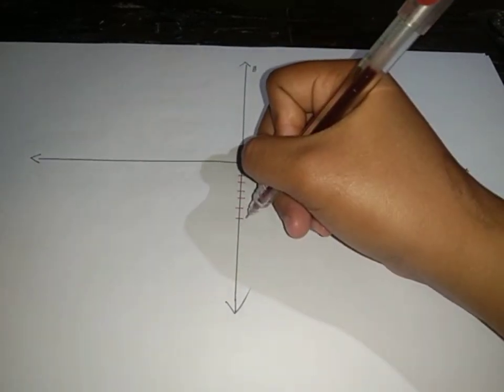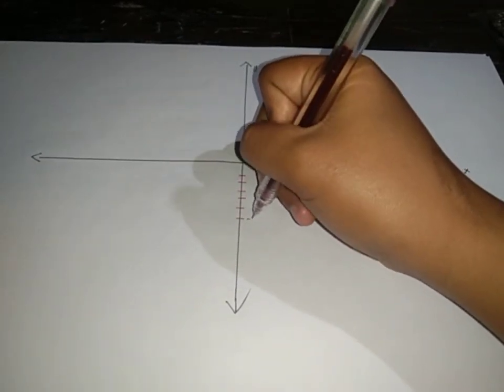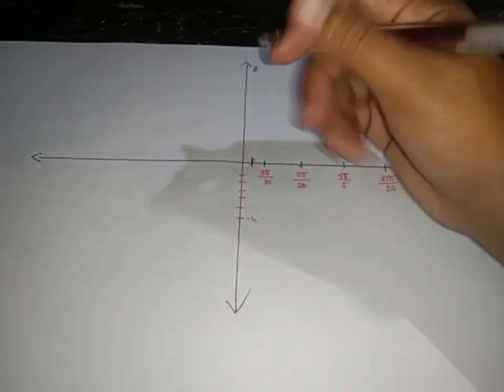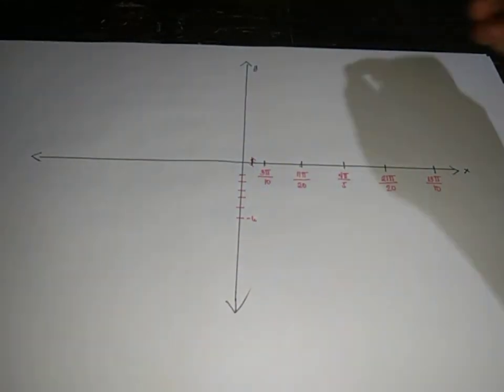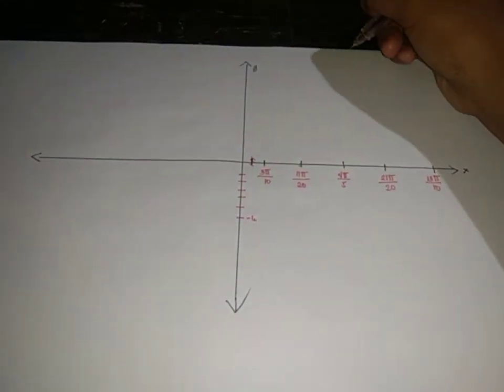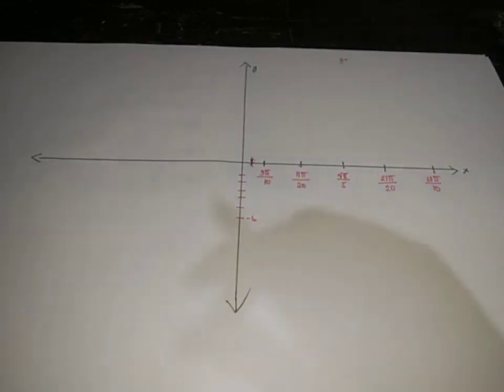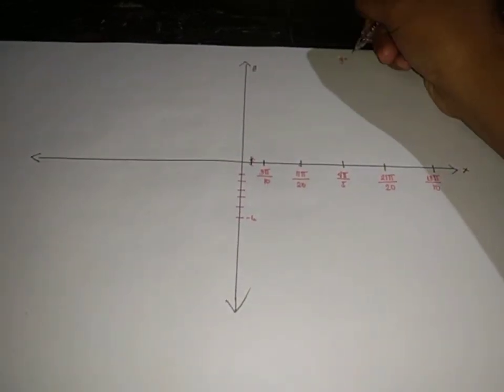So we have negative 6 here. We will add 3 because we have the general formula of negative 3